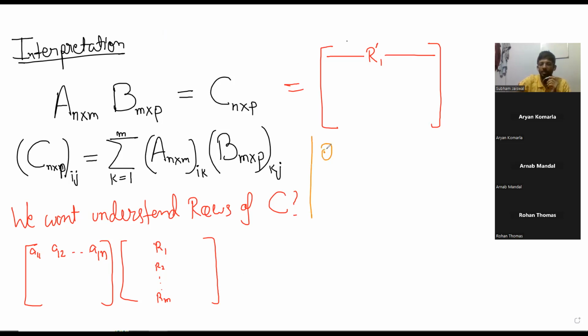First step, I'll write it: view R1 prime as a vector. View it as one entity, one thing. Then you will see, and this is simply to verify, that R1 prime